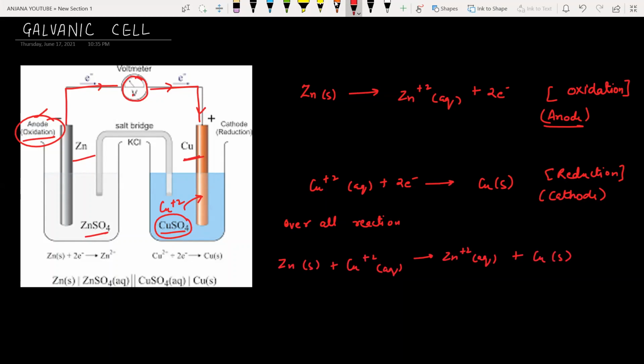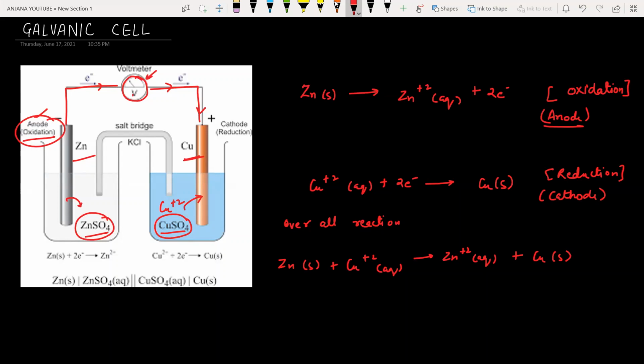But as the number of Zn2+ ions increases in this solution, no more Zn2+ can come into the solution because the solution is becoming electrically charged, and an electrolyte can never be electrically charged. It should always be neutral. So after some time, the reaction is going to stop. You won't even see any kind of deflection here because the reaction which has happened is just bare minimum. So to avoid this kind of situation, we are going to use a salt bridge.